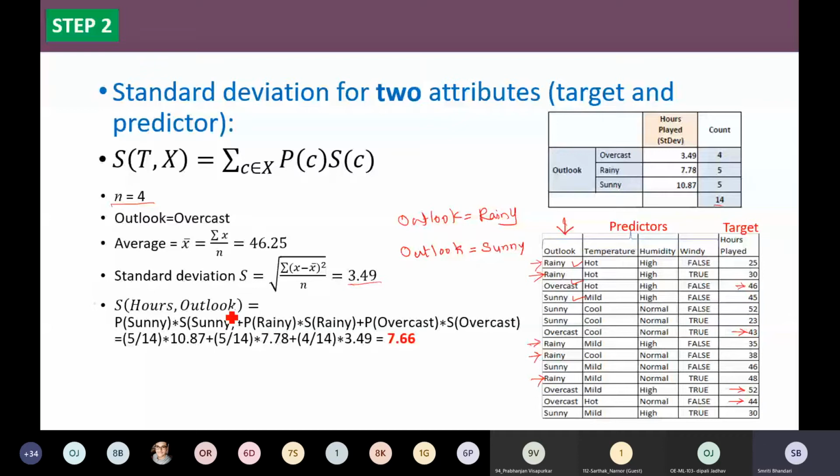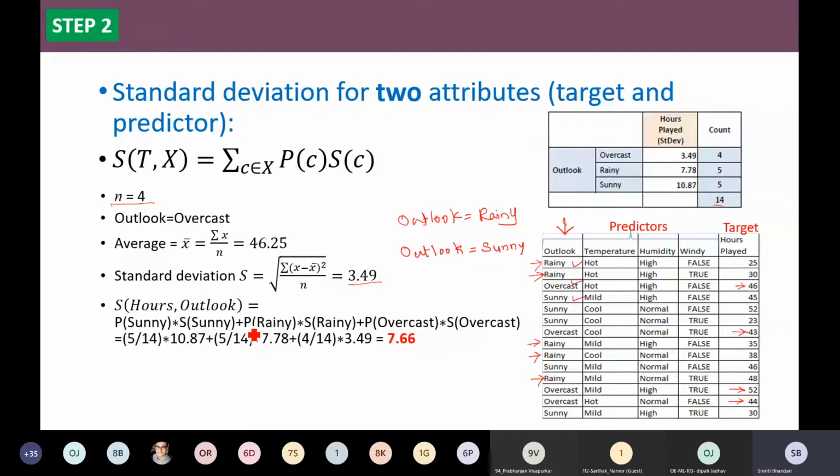So here we have S(hours, outlook) equal to P(sunny), that is the probability of sunny, or the proportion of the samples in the training data set with outlook value sunny, times the standard deviation of sunny, plus probability of rainy times the standard deviation of rainy, plus probability of overcast times the standard deviation of overcast. Just by substituting these values: what is the probability of sunny? We have 5 examples out of 14. So that becomes P of sunny times the standard deviation for sunny that we computed, 10.87,